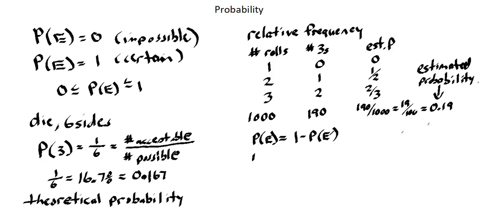So as an example with the die, the probability of 3 is 1 minus the probability of 1, 2, 4, 5, or 6. And we have calculated a theoretical probability of 3 of 1 over 6. And this is equal to 1 minus